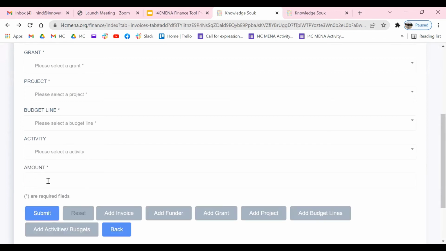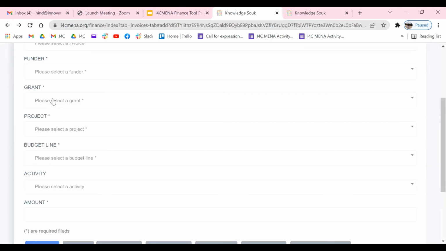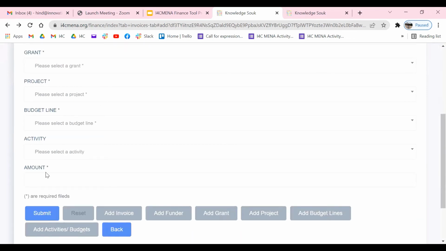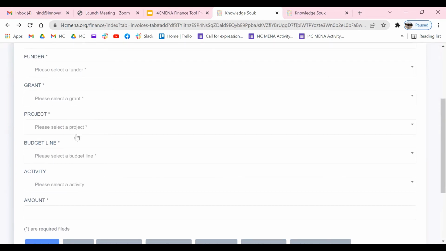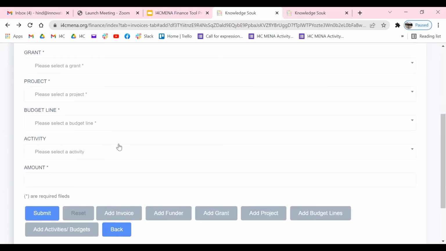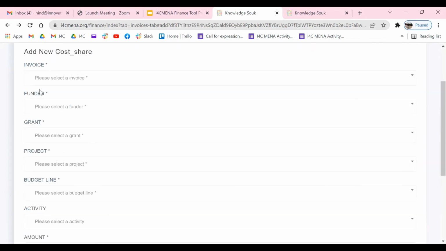And here we should put only the amount that is covered by this project, this grant and this vendor: only the portion of the amount linked to those three elements, the grants, the projects, and also the vendors. If there is a way to calculate the shared cost, because the payments of certain invoices are shared between different donors, you will allocate only the amount dedicated for this specific project to